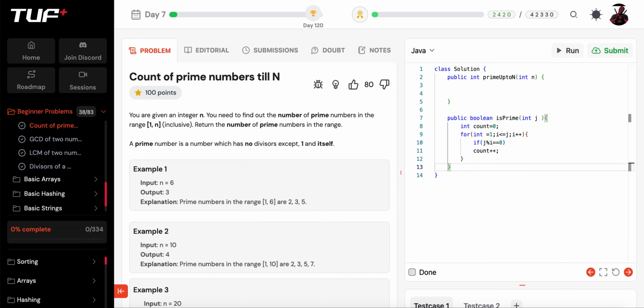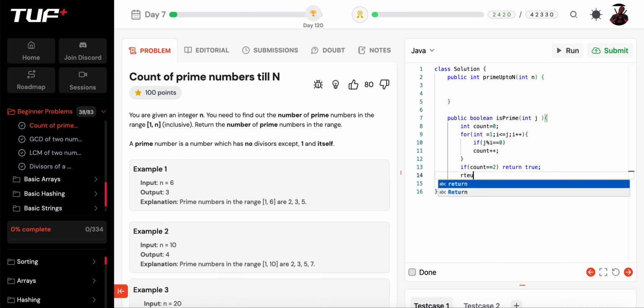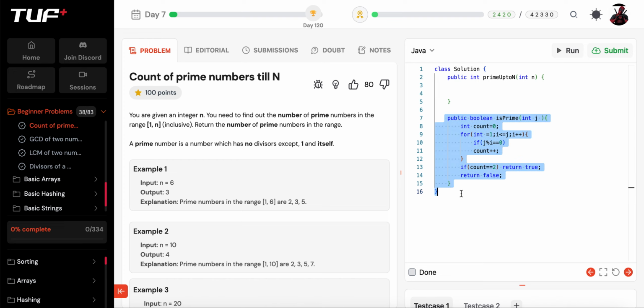After the for loop, if the count is equal to 2, that means it is a prime number, return true. If not, I will return false. It's not a prime number. So now coming back to the original problem, I've written the generic method to find out if a given number